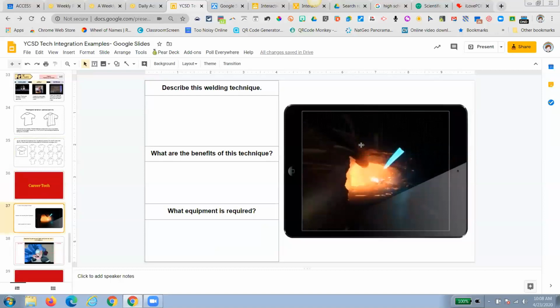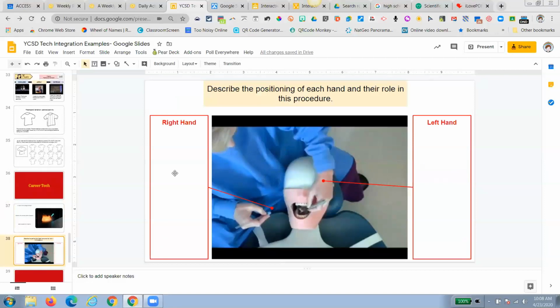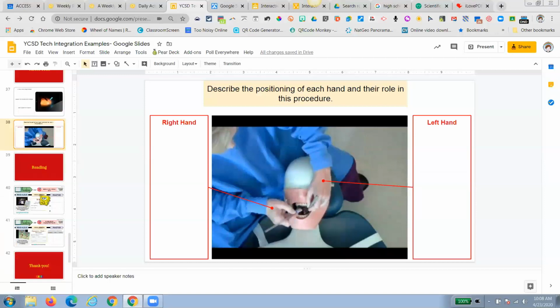And then they would describe the welding technique on the left-hand side. Here is a dental hygienist. And then they would talk about what's happening. There's a couple examples for reading,